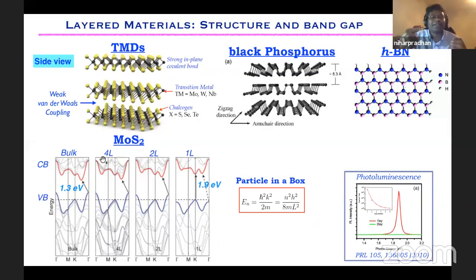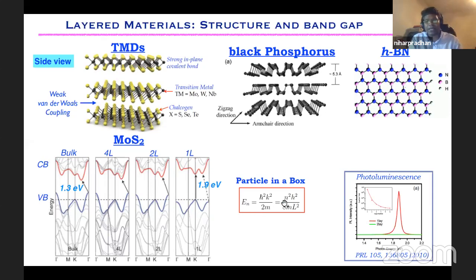Now, if we make these materials thinner and thinner, from four atomic layers to two atomic layers, and when you reach a single atomic layer, you can see that the band gap increases from 1.3 electron volt to 1.9 electron volt. And this phenomenon, as we know, is the quantum confinement effect. You can think about it if you took a simple quantum mechanics course and did the particle in a box problem, then the energy